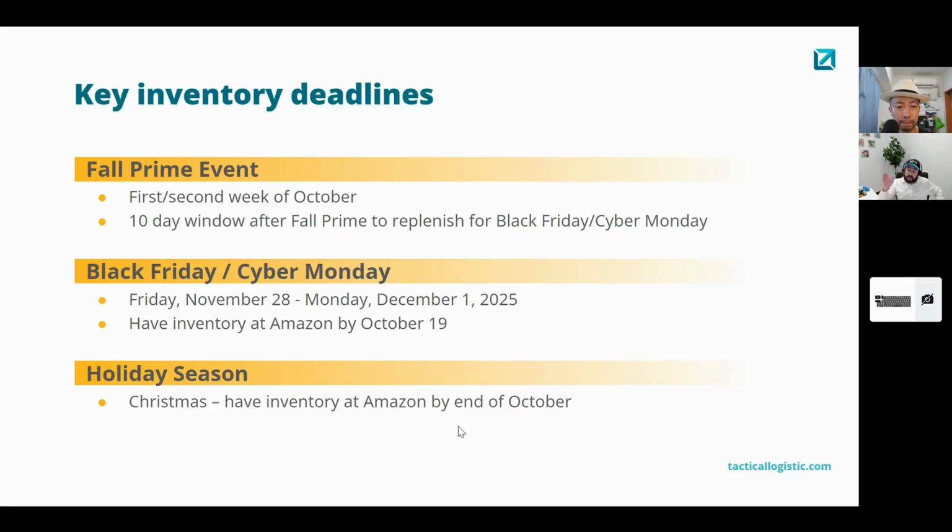So if you're still sending it for Black Friday, Cyber Monday, after October 19, let's say you're sending it the last week of October, I would not recommend you to use Amazon partner carriers. You can use a third-party carrier. We can help with that, but if you have a third-party carrier that you used in the past, go for it, because Amazon partner carriers could take up to 4 weeks